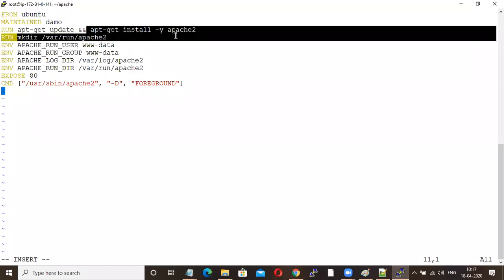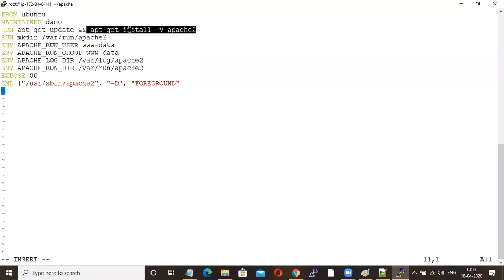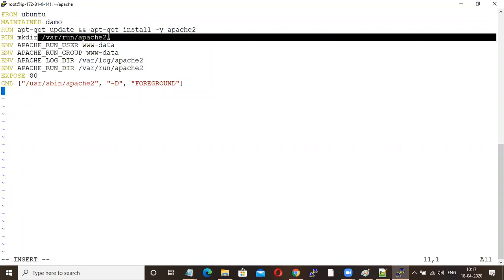Then I'm installing Apache. Okay, and as I said, for all your processes or all your services, you should have one running directory. So I'm just creating one directory for Apache, for all the processes. See, suppose you are installing some software on your laptop, right, under the C folder you will get one folder. Same when you do something in a Docker file for one service or some software, you need one running directory. That's what I'm creating, one directory.